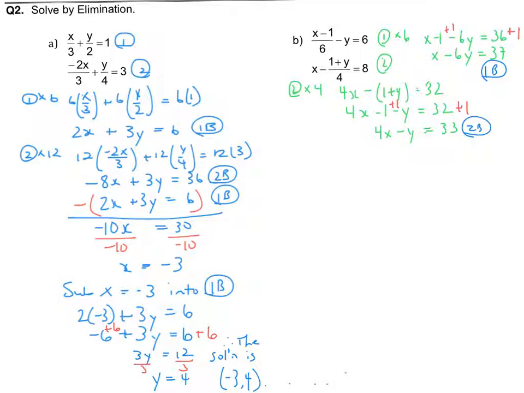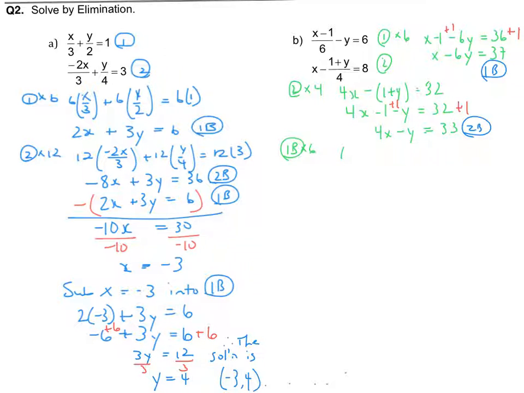So that's my equation 2b. Now, if I look at my x's, I had 1x in the first equation and I have 4x in the second. So an easy route could be to take 1b and multiply it by 4, and that would make my x's the same. Or in 1b I had a minus 6y, and in 2b I have a minus 1y. I could multiply equation 2 by 6, and that would set the y's up to be the same, and then I could eliminate them. Now I find it easier to multiply by 4 than I do 6, so I'm going to multiply equation 1b by